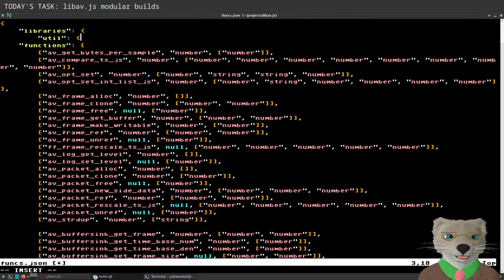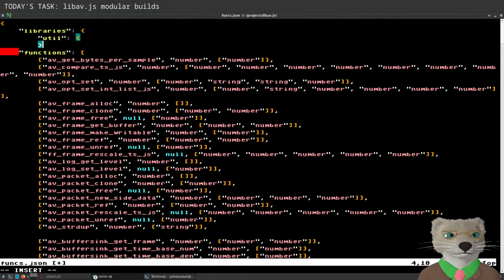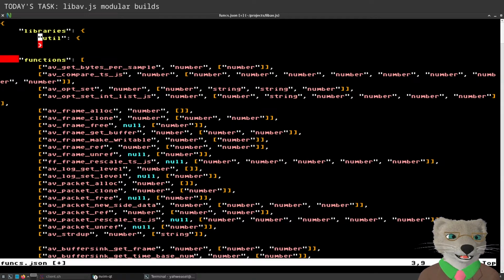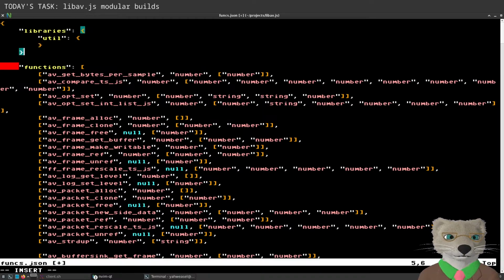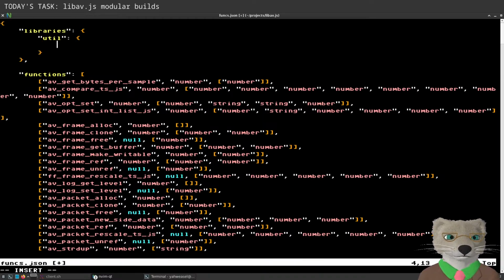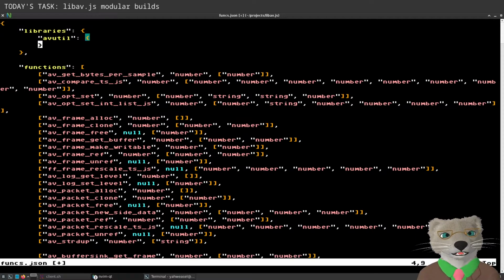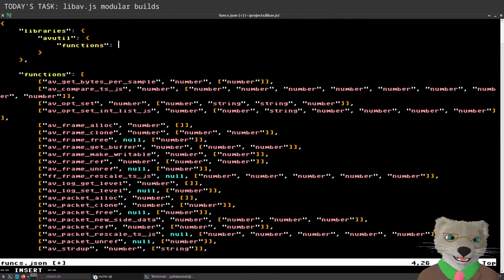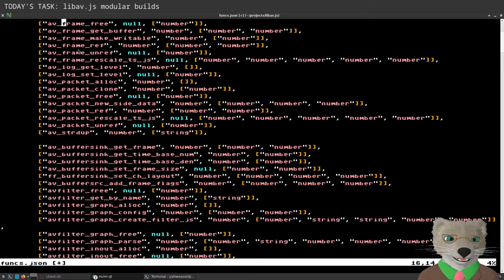I'm going to start with util because it's sort of core and separate. I think that the way I'm going to do this is basically everything that is currently sort of directly exposed will become... so I'm just going to say util because libav... No, libav is not implied because there's swresample and swscale. So I'll call it avutil. And I'm just going to have like the same things in here. This will have functions and